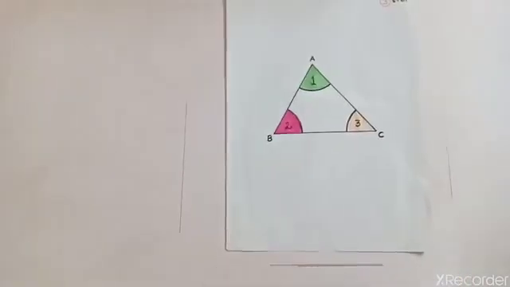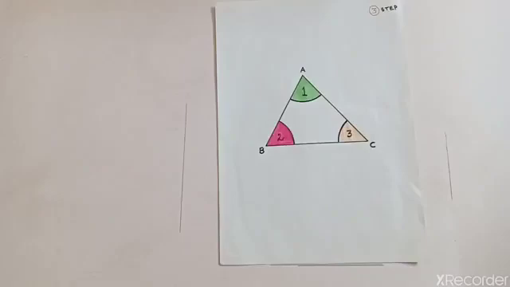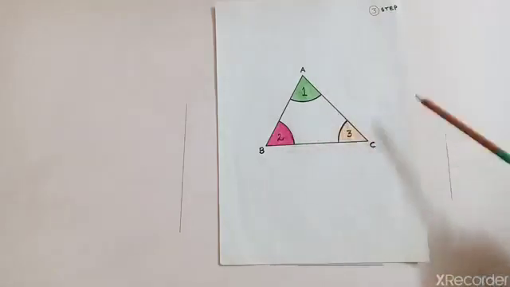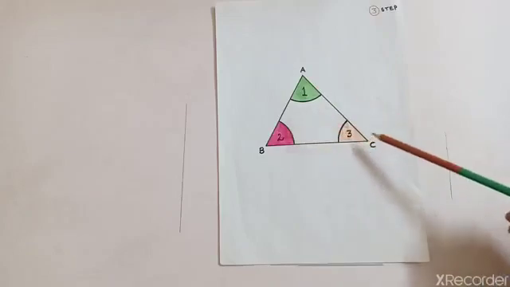Now in this figure you can see again the same triangle is drawn of the same dimension ABC, and if you are using plain paper you can color the angles, and if you are using colored paper no need to color it, but you have to mark the angles as 1, 2 and 3 as it is marked here. You will also mark in your triangle like this. So these are the angles of the triangle.